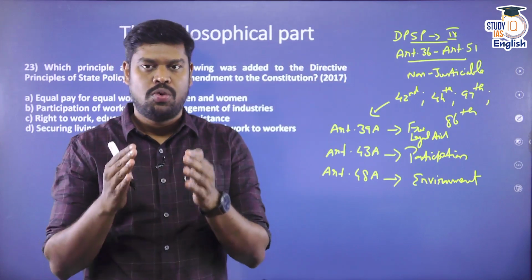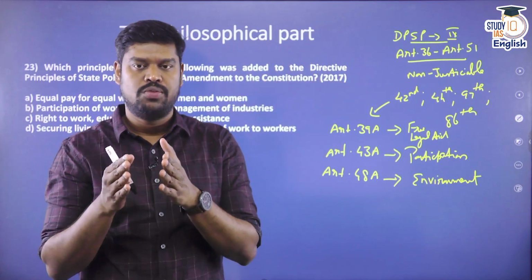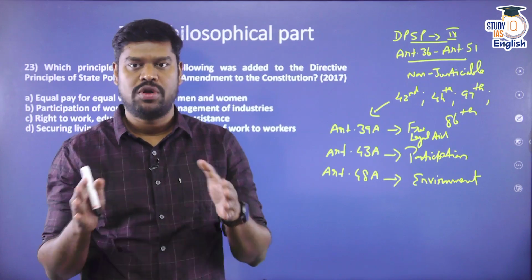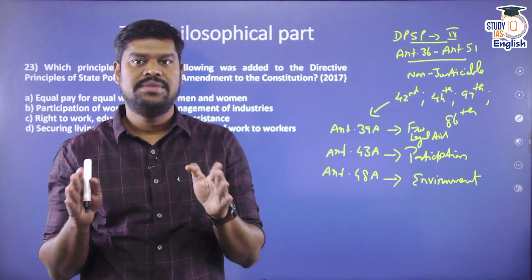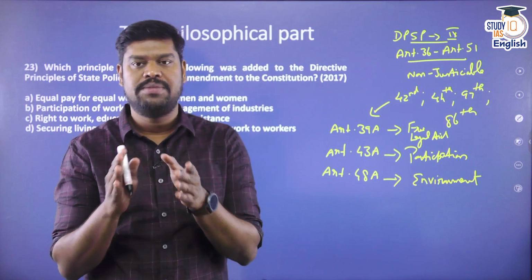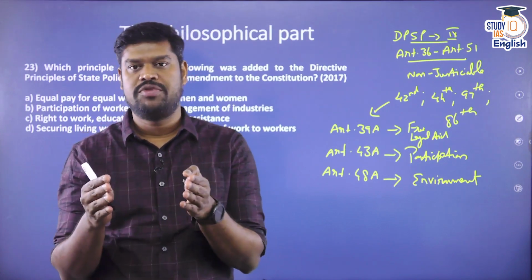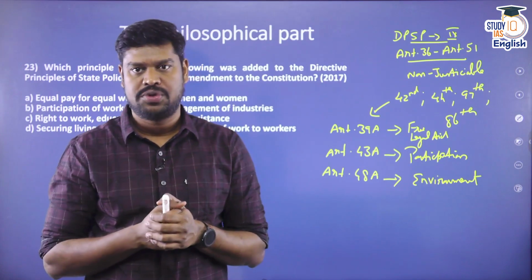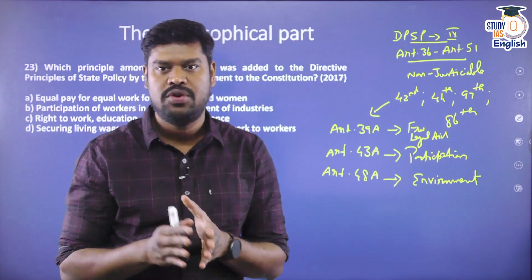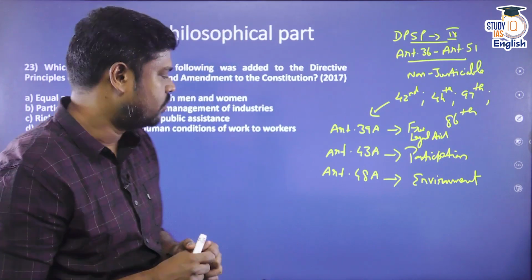So, you should be in a position to correlate certain laws and schemes with the individual directive principles of state policy. One clue that you can use is, for most of these questions, the answer would be all of the above. Most of the times it is all of the above, 95% of the cases or even more than that, but sometimes there can be an exception also. So, you will have to be a little careful about this when you solve it.